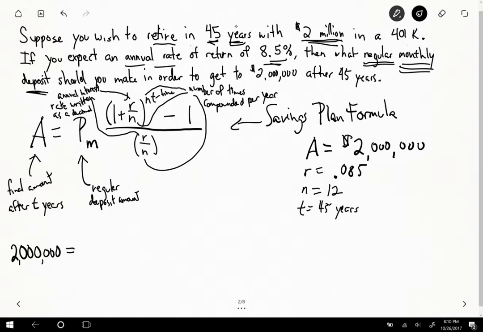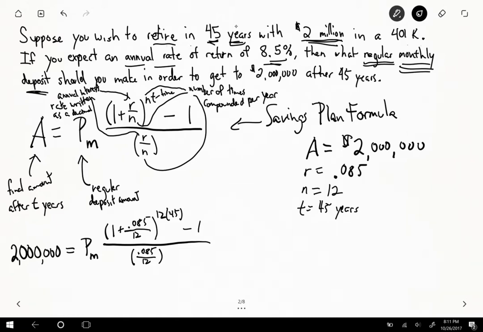P sub M equals, we have no idea what that is just yet. Well, if you do, let me know. That's always good to know as well, but hopefully we'll do the work to get there. So you have 1 plus R, which is 0.085, divided by N, which is 12, and you have a 12 up here, and then T is 45 years, and then minus 1, all divided by R, which is 0.085, divided by our 12 right here, and now it's just plug and chug